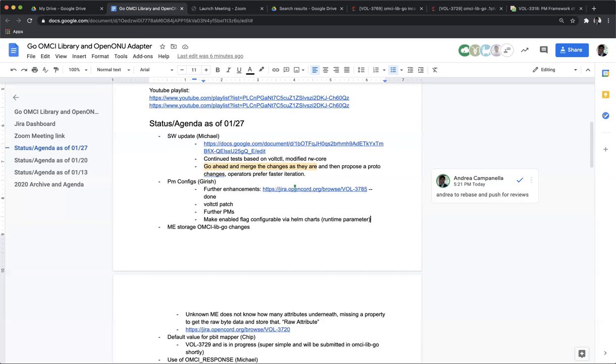Is there any requirement on the DT side for that? Not that I know of, but it can be discussed. I can find out. But to me, it makes sense to have it configurable in a single way.